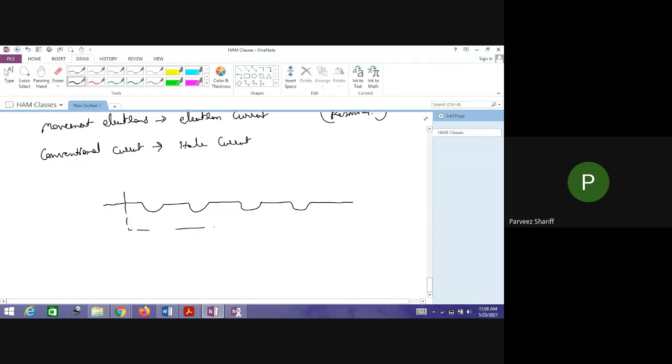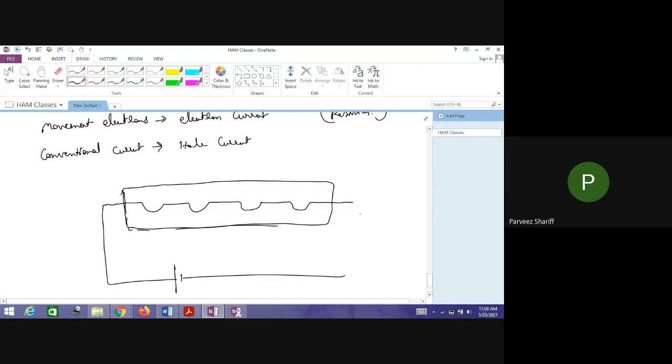Assume this is a conductor here. This is a conductor. This is a chair. The chairs. This is positive and negative. I connected the voltage source. Now what happens? The electrons which come here at this point, let me call this point A and point